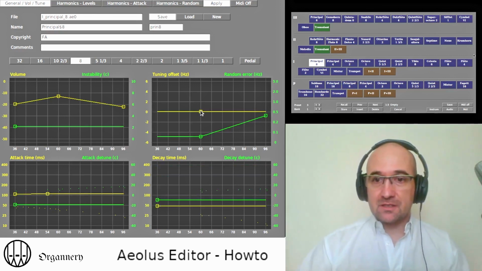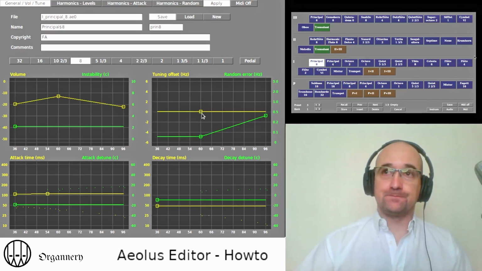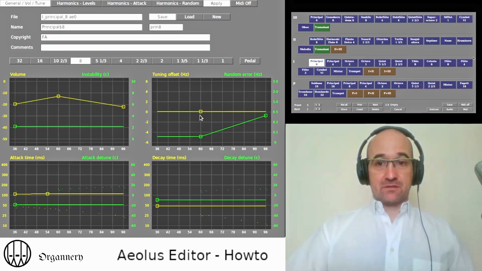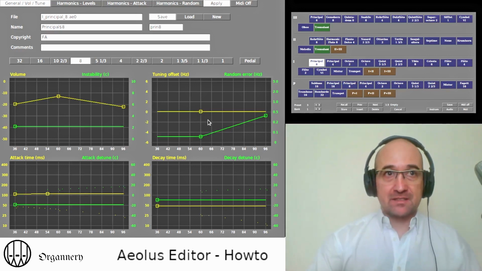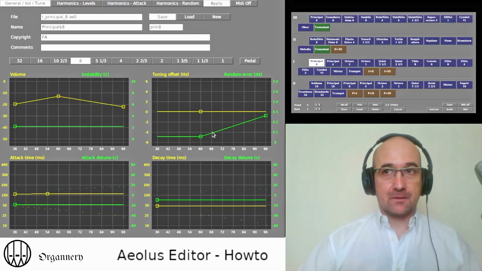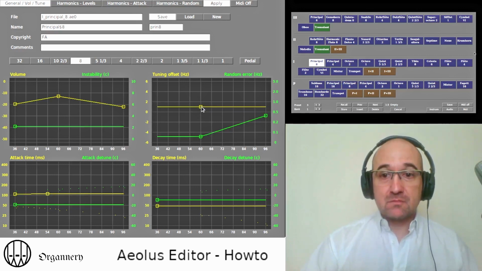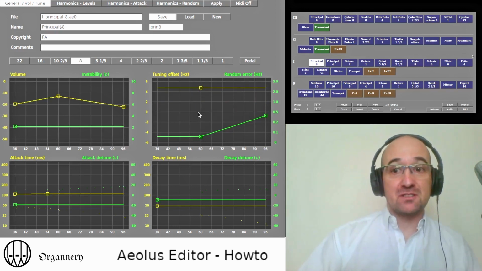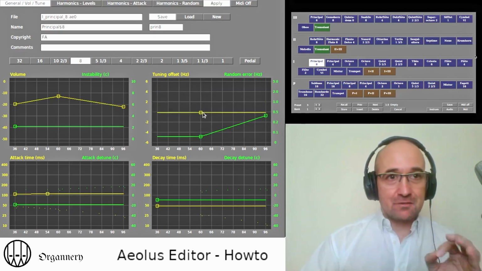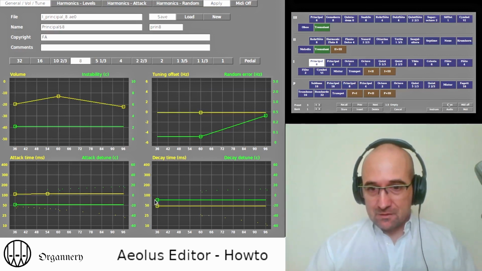Oh, sorry, I forgot tuning offset here. If tuning offset is around 0, then the pipe itself, the rank in real, will just be tuned perfectly relative to the global tuning we have seen previously in the instrument definition file. But you could make it slightly detuned. So for now we're here. Now we're more detuned. This can give a chorus effect if you build some rank stacks. Let's remove the detune.